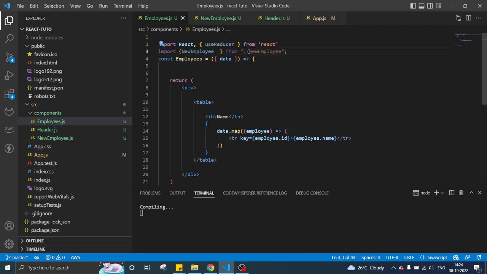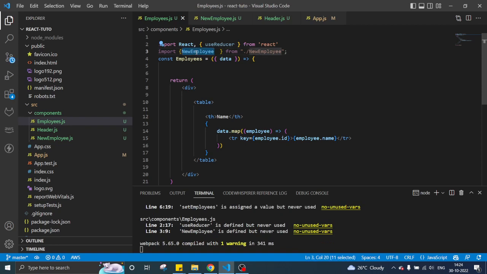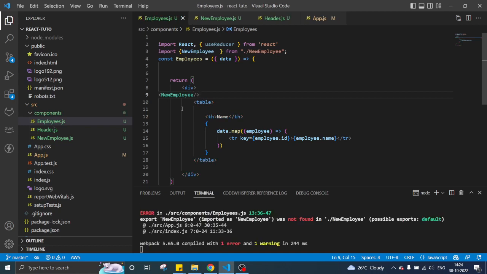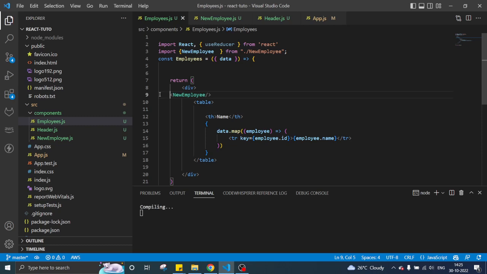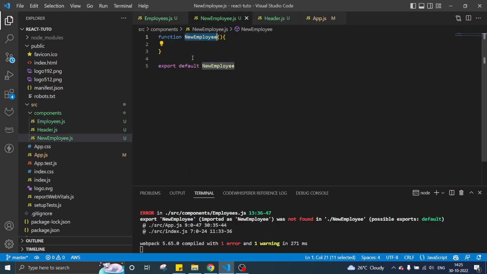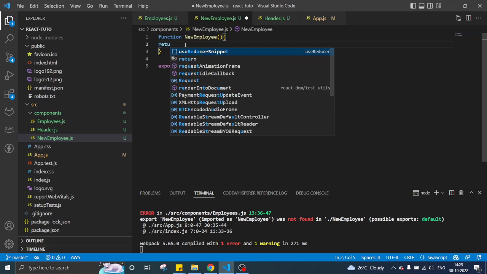Then try to use this here. Here we return